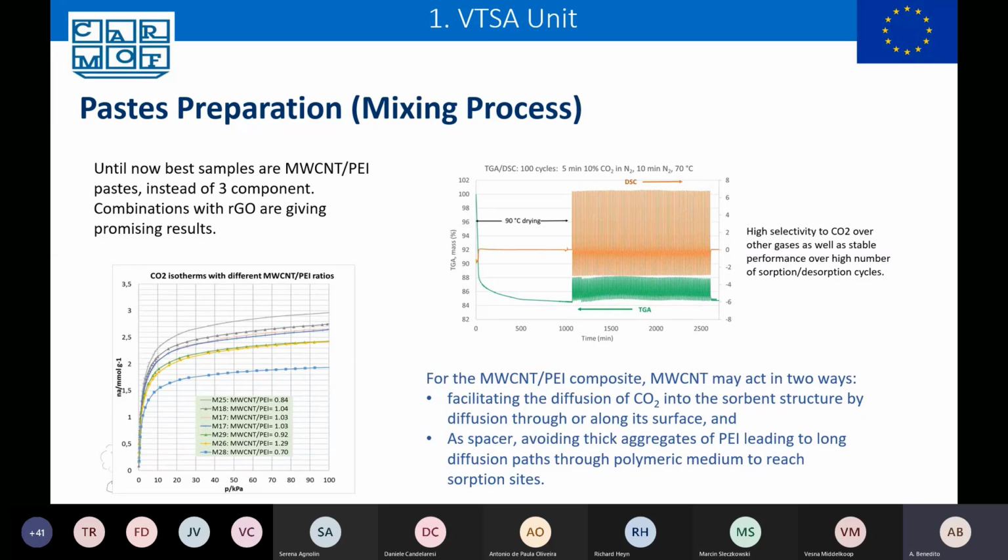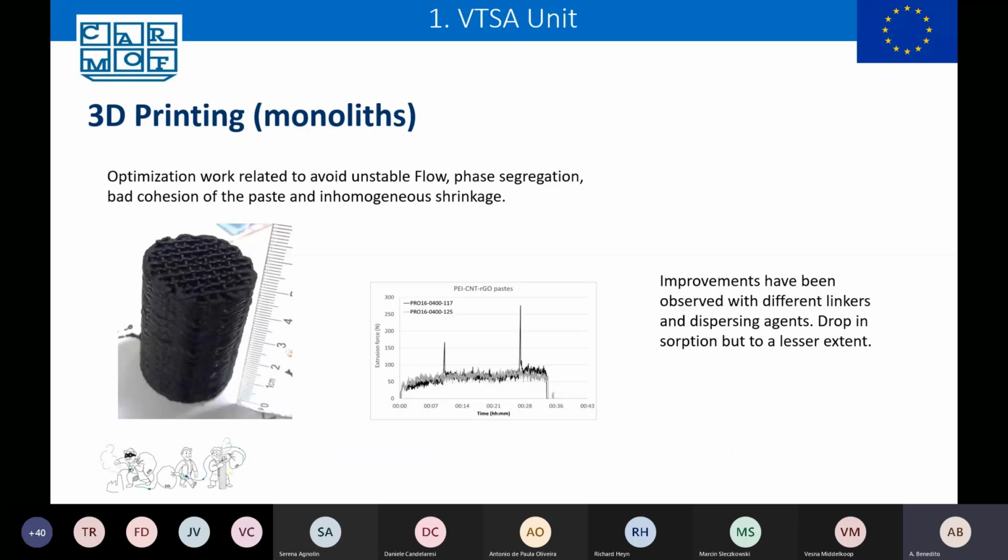This is very important, taking into account that the regeneration of the material during the BTCA unit work must be as fast as possible to reach the maximum number of cycles without any loss on CO2 absorption properties or performance. Then we can see here